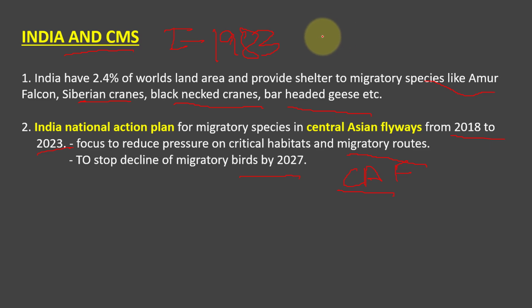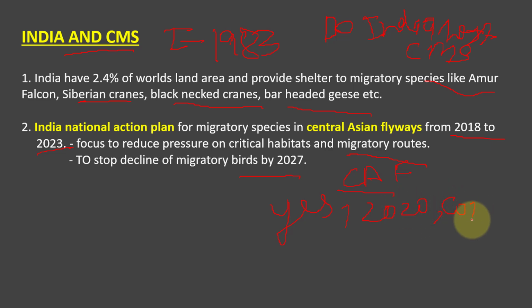आपके लिए क्वेश्चन है कि might be UPSC or maybe other state public service commission may ask a question like: did India host CMS, the Convention on Migratory Species? क्या इंडिया ने कन्वेंशन ऑफ माइग्रेटरी स्पीसीज होस्ट किया था? यस फ्रेंड, आपका आंसर है यस। और कब किया था फ्रेंड? लाइक इन 2020